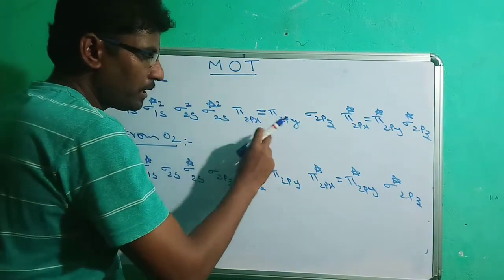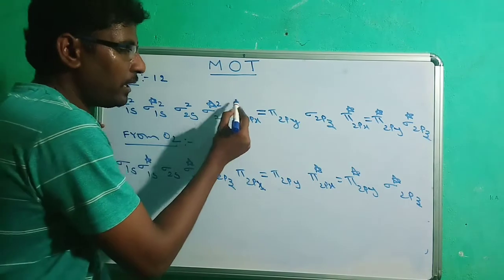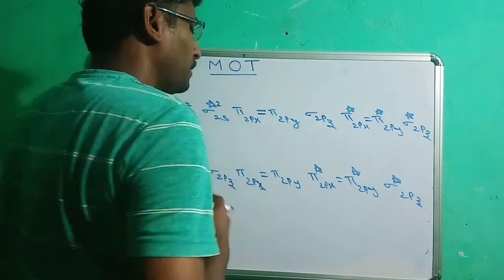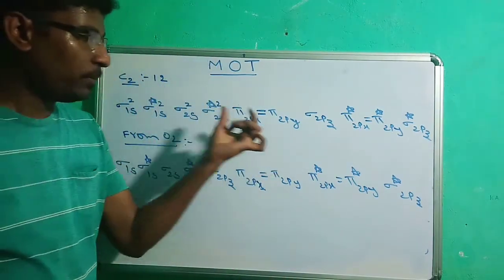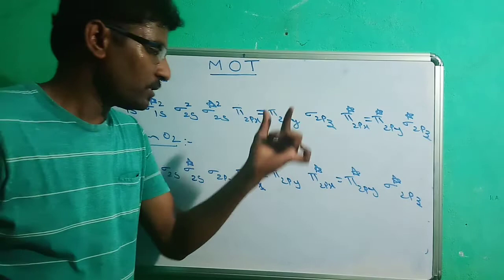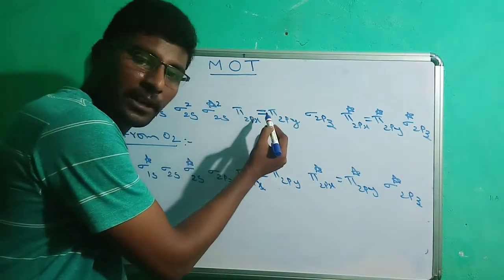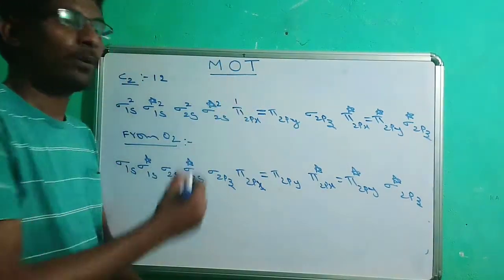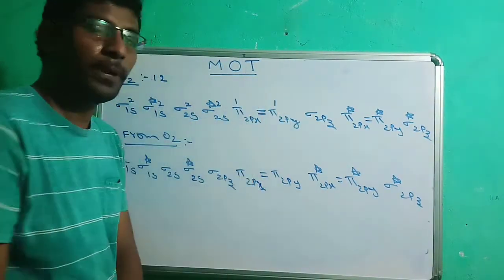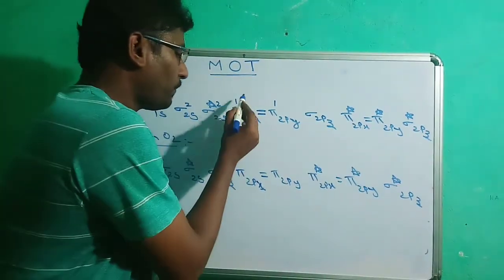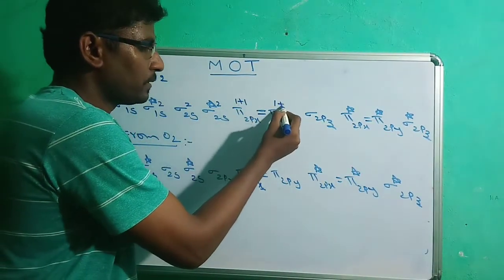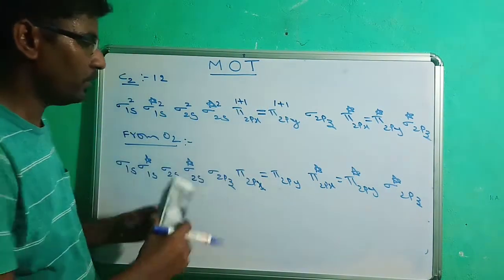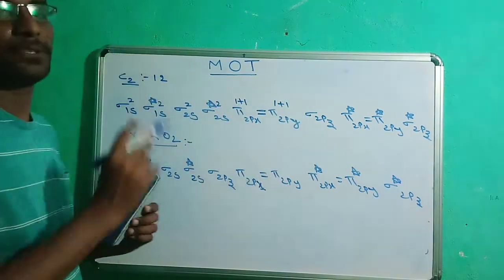Now these pi orbitals have similar energy. Directly we cannot fill 2 electrons here because these are degenerate orbitals. Degenerate orbitals are always filled by using Hund's rule. What is Hund's rule? It says that whenever orbitals are the same in energy, electrons must first be half filled, which means the first electron will be filled here and the second electron will be filled here. After that pairing takes place. Now calculate the total: 2, 4, 6, 8, 10, 12. So this is the electronic configuration of the C2 molecule.